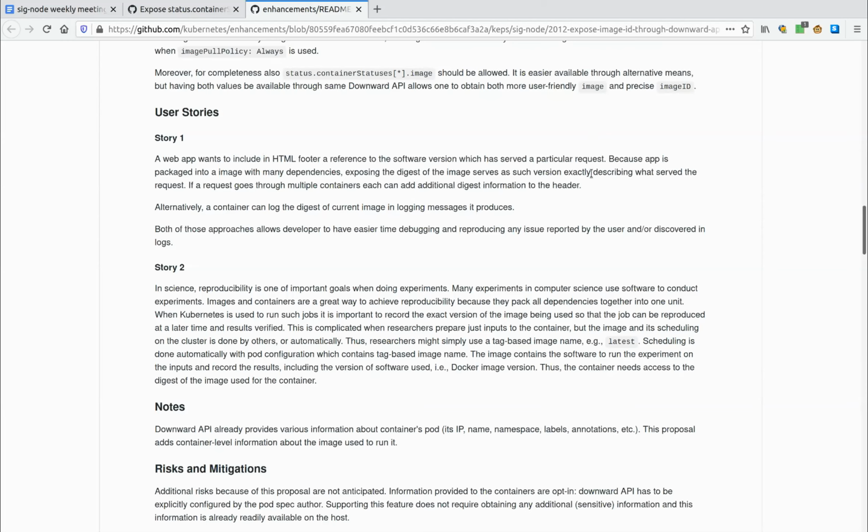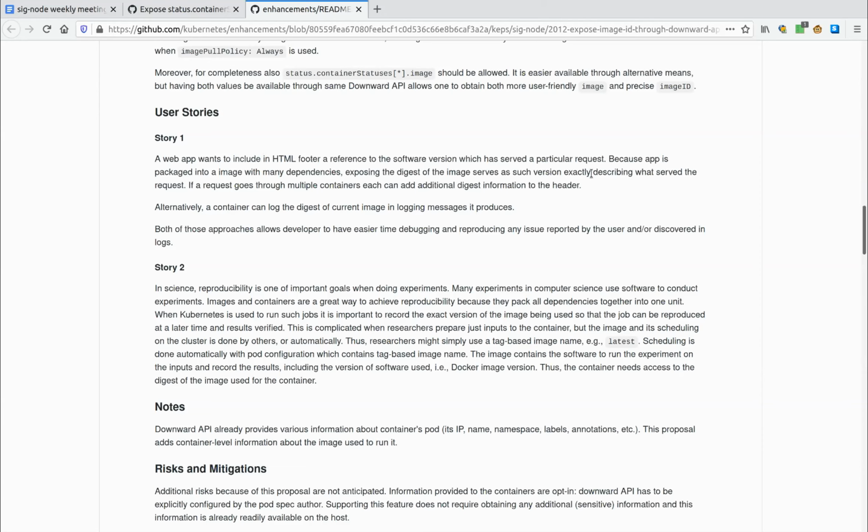The other user story is about reproducibility, in the sense that if you have a science community like we have at our university, running Kubernetes as a job system to trigger jobs to run on some data, generally they reuse pod descriptions with the latest tag on a Docker image. But on the other hand, you want to log inside of the container exactly which image was picked.